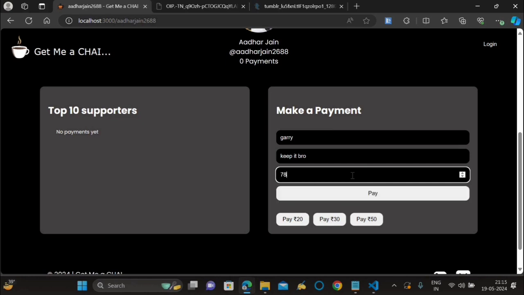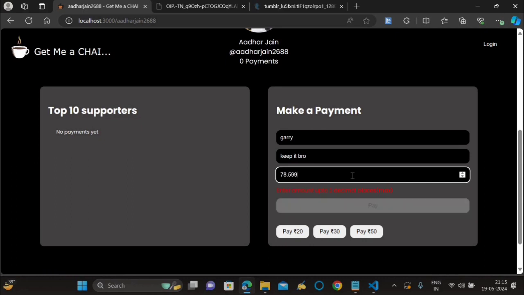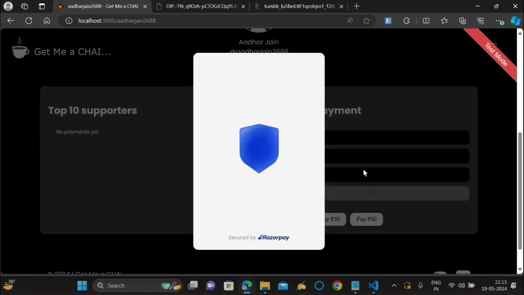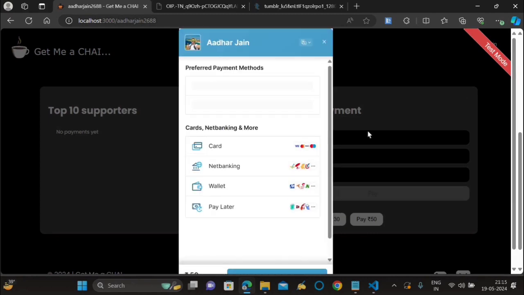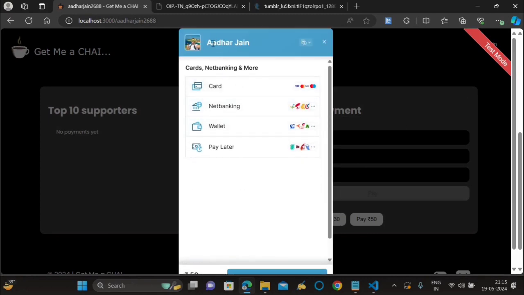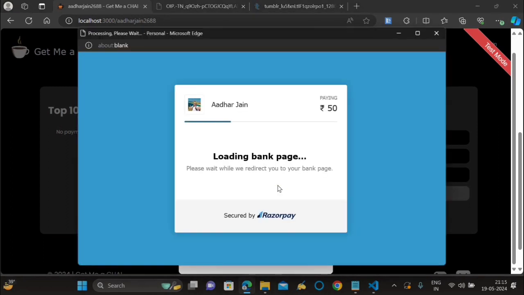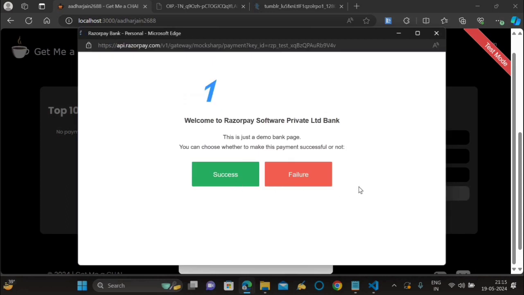If we try to write 78.59, it will allow me. Or we can pay through the quick checkouts. So let's pay 50 rupees and let us see what happens. So it will open the testing mode, right? Definitely it is in testing mode right now. You will see the username and the profile picture, and let us make a payment. We can select any bank account because right now it's in the testing mode. So we'll make it a success, and